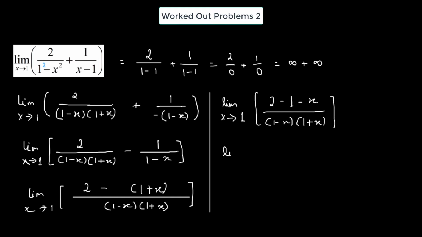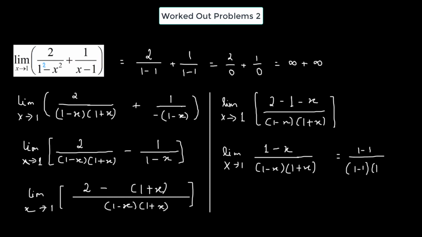So 2 minus 1 in the numerator, so that will give us 1 minus x divided by 1 minus x times 1 plus x. Now before going further, if we do a direct substitution here by replacing x with 1, that gives us 1 minus 1 divided by 1 minus 1 times 1 plus 1, which will be of the form 0